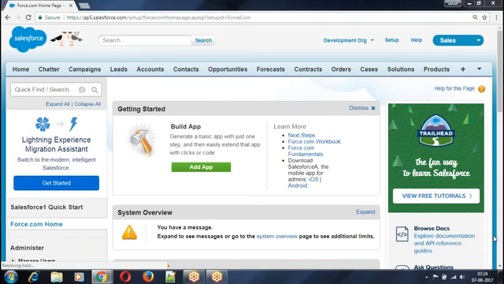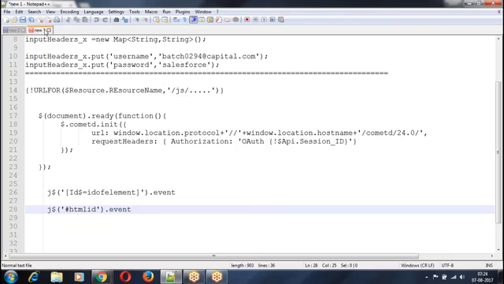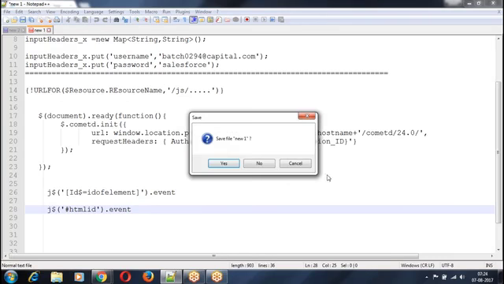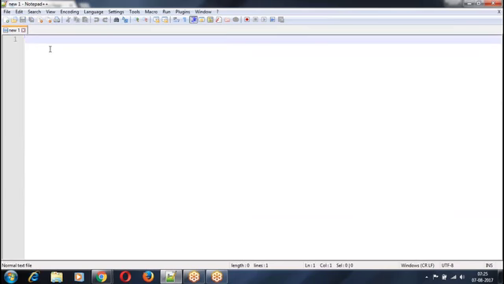Now let us go to the update operation. When do you go for the update operation? When records are already there in the database. When records are already there in the database, then we go for the update operation. Let us see this. We have a requirement. The requirement is